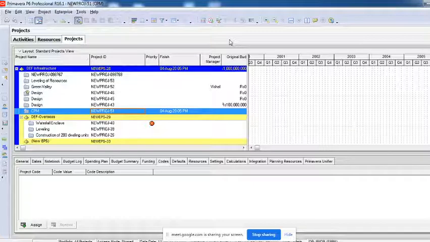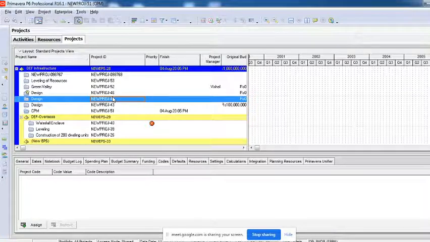Now I want to assign the values we have created to my existing projects. You can see all these projects have been grouped into what? I'll repeat my question.